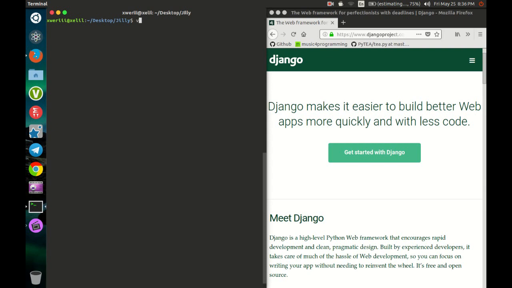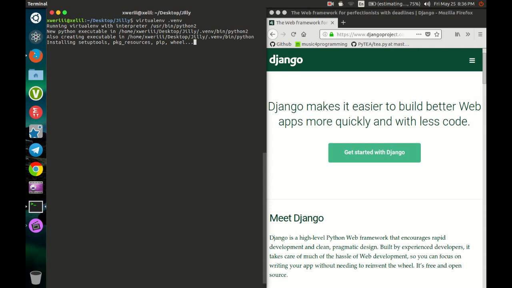To do that, we use this command to create a virtual environment named venv. Now you see the virtual environment is being installed